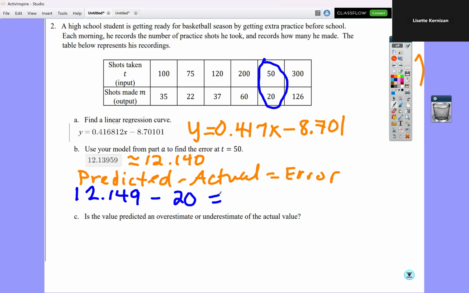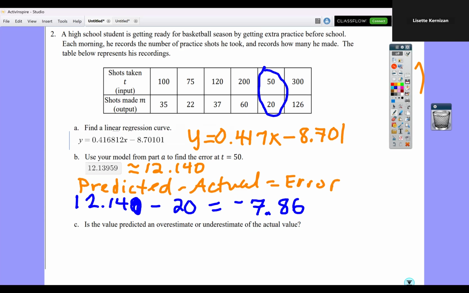And then when I plug that into the calculator, I don't know why I keep putting a 9 there. So 12.140 minus 20 gives me a negative 7.86. And so for the next question, it's asking,